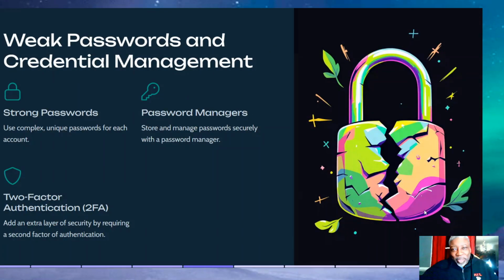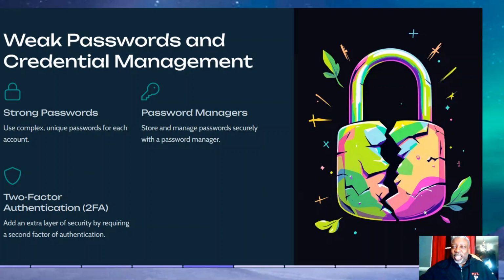Another way they attack the network: weak passwords and credentials that are not up to date with certain security standards. So use strong, complex, unique passwords. You can use password managers like LastPass and 1Password. You can use those, and definitely, I always say use